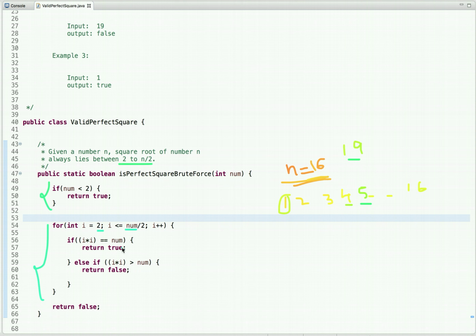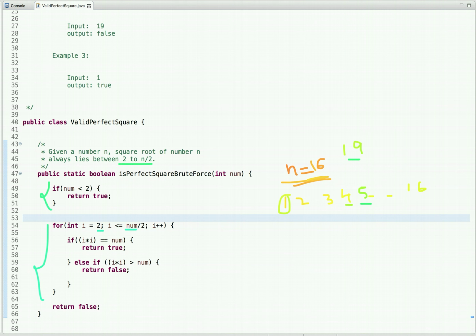If it is equal, then we return true. If it is greater than this number, we return false. So instead of running a loop from 1 to n, we can run a loop from 2 to num by 2. So this is the basic approach to solve this problem, and let's see how we can solve this problem more efficiently.